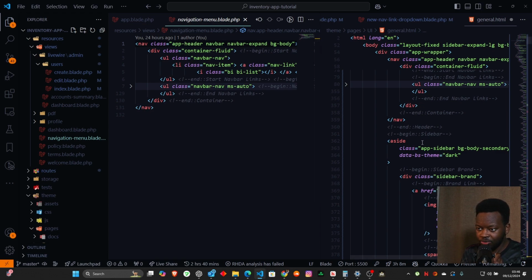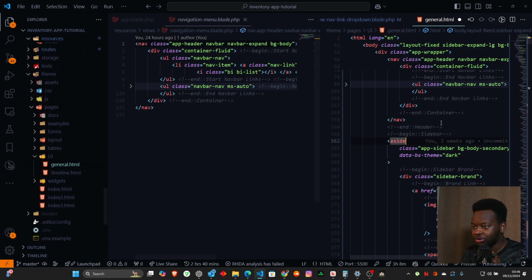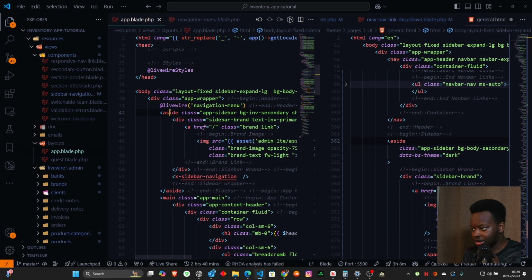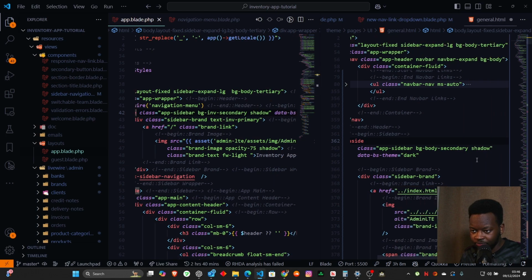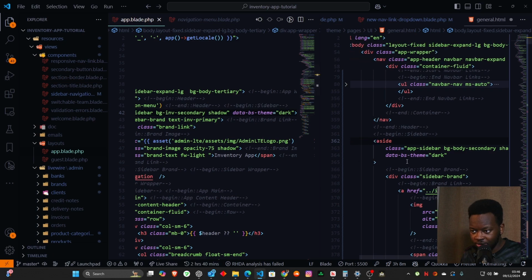Our side should be now the next part for the app sidebar. So the sidebar navigation should be in the aside. So we come here and we see the aside, where we have the class app sidebar bg, our different background over here, and then we have shadow, and then we have the data bs theme is dark, which is okay,